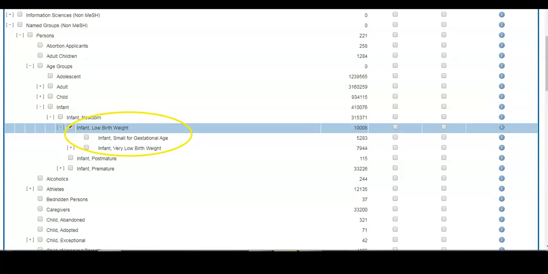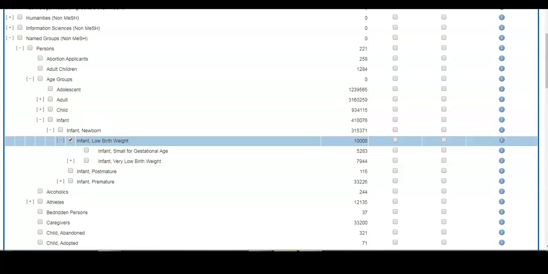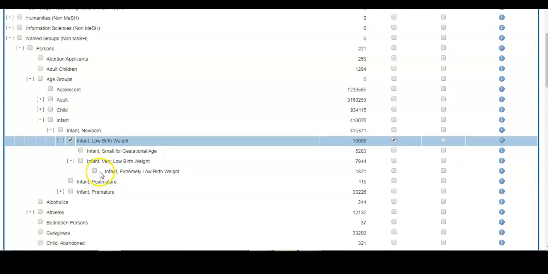So as well as low birth weight in infants, we can also see very low birth weight as an entry and small for gestational age. Now this time round we are in fact interested in those other narrower terms, so this time we are going to choose to explode that term and include both small for gestational age, very low birth weight, and indeed another heading that has been included under this one as well, so extremely low birth weight.